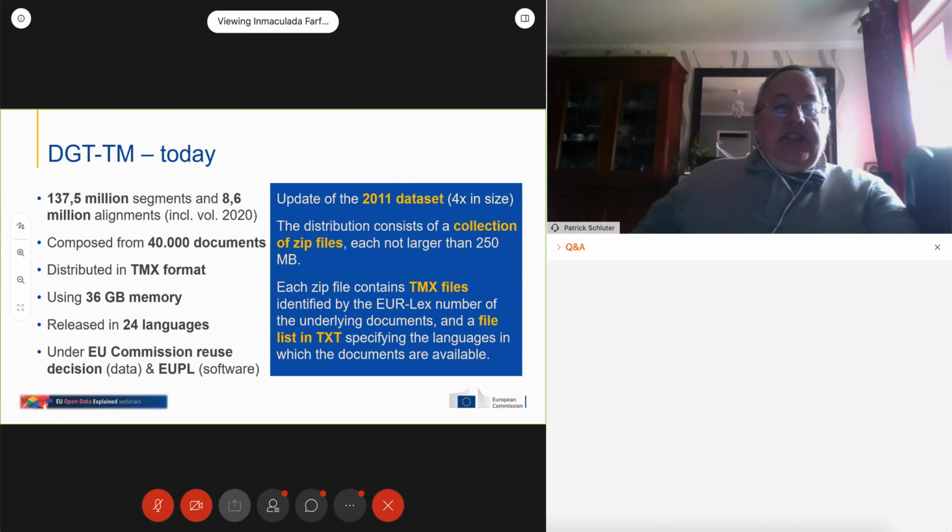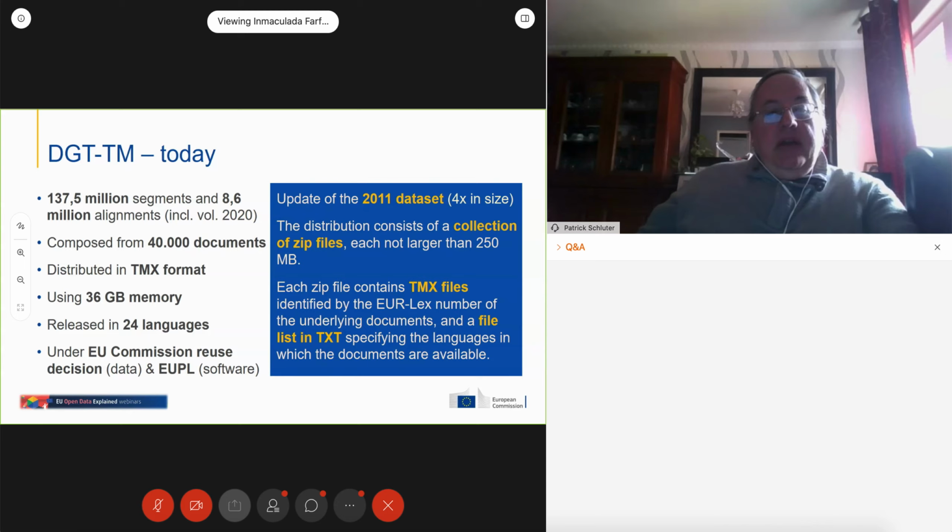As of today, the DGT-TM consists of around 80 zip archives of sizes varying from 100 to 250 megabytes. Each year we add around 2 or 3 files, depending on the document production of the institutions.